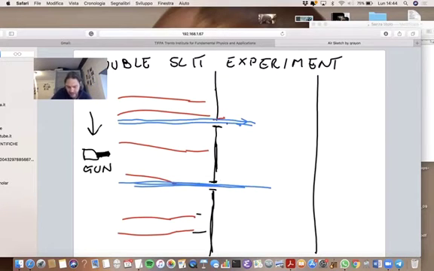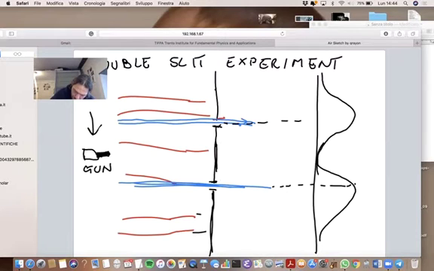So what do we expect to find? We expect to find a distribution of bullets here and a distribution of bullets there. Now, I'm very bad at drawing, as you might have realized already. The point is that the center of the screen should be more or less where the top of this distribution is. So this is hole number 1, this is hole number 2, this is the probability 1 and probability 2.